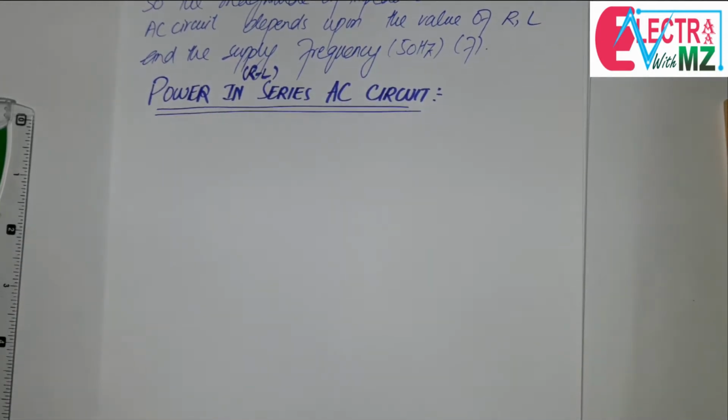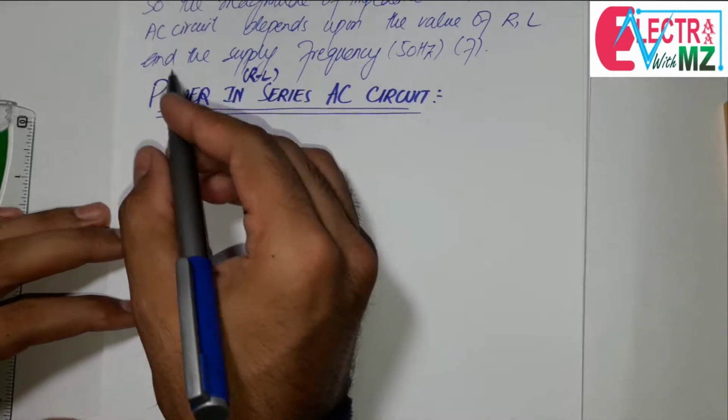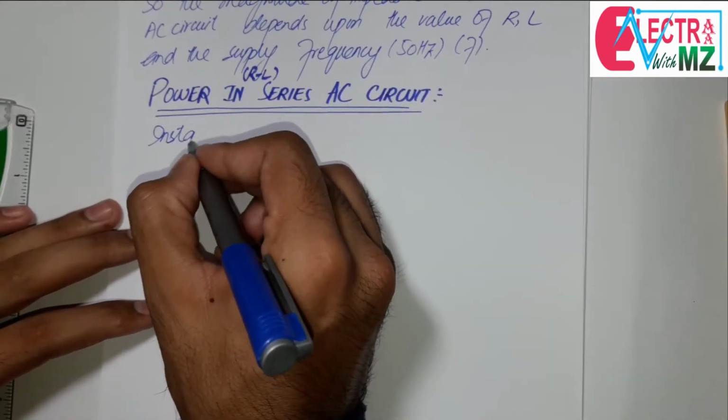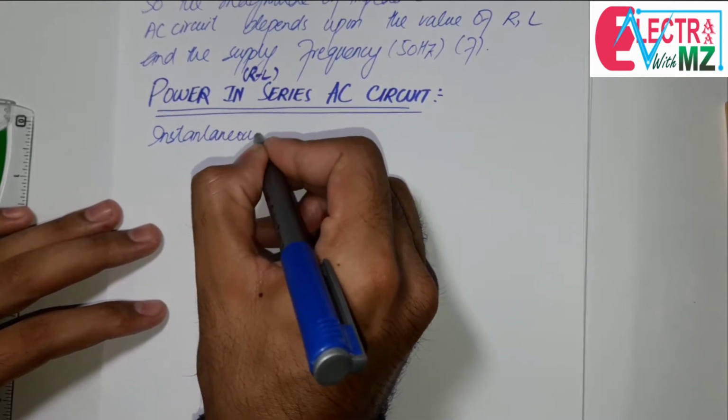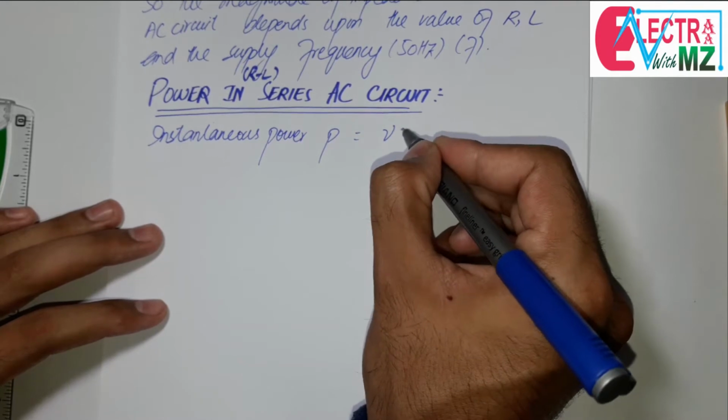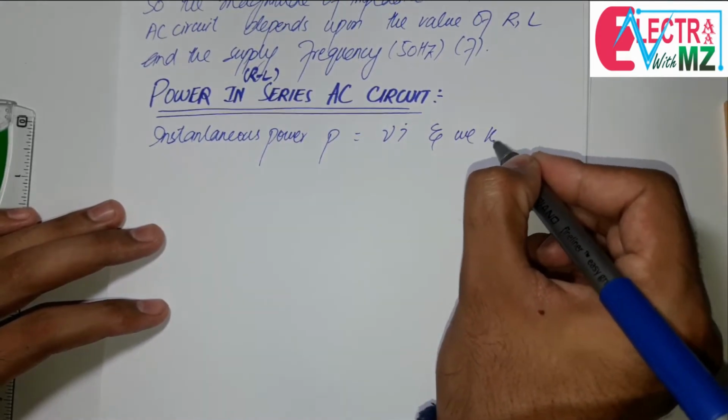Okay, as we know, the instantaneous power P is equal to VI, and we know that